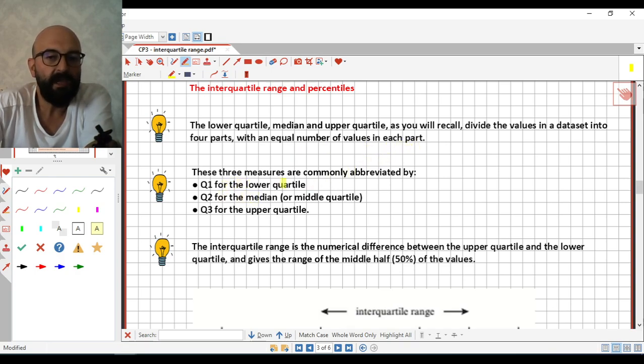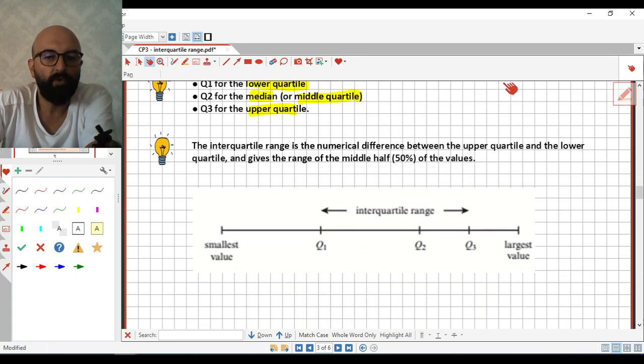These 3 measures are commonly abbreviated by Q1 for the lower quartile, Q2 for the median or middle quartile, Q3 for the upper quartile. And the interquartile range is the numerical difference between the upper quartile and the lower quartile,